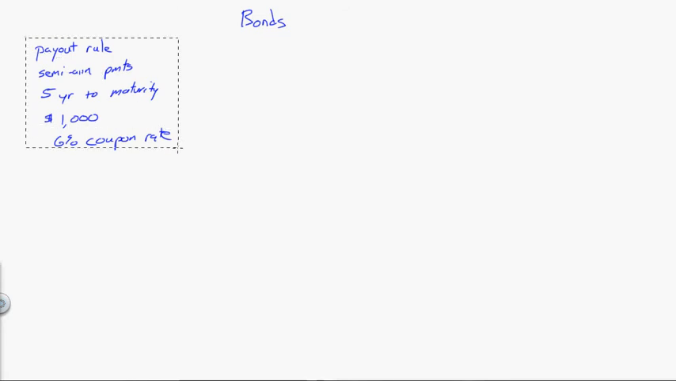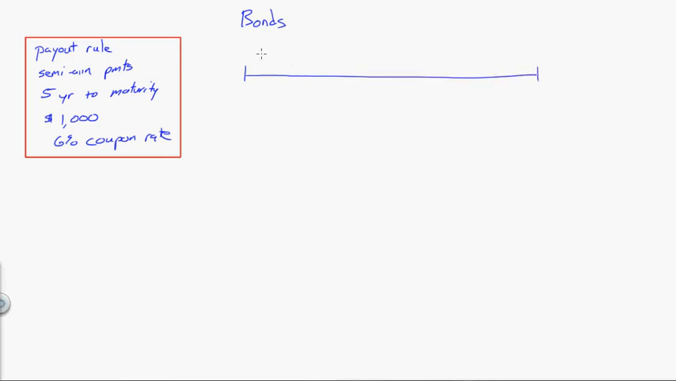We'll say, here is our payout rule, and we know the price of any financial asset is the present value of the future cash flows. So we need to know the size, timing, and risk of the cash flows. So let's look first at the timing and size of the cash flows. So the bond is issued today, and we will assume that the bond makes its first coupon payment in exactly